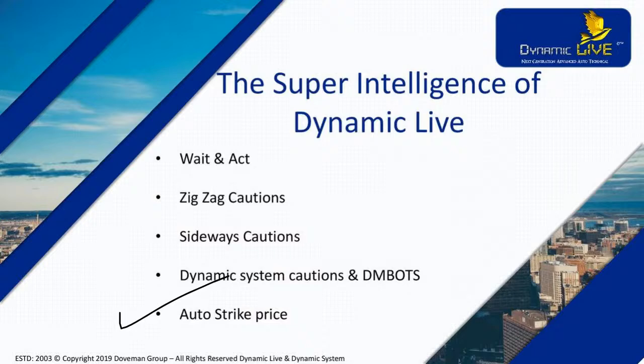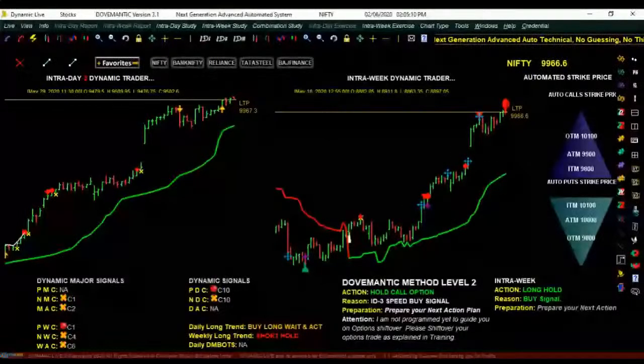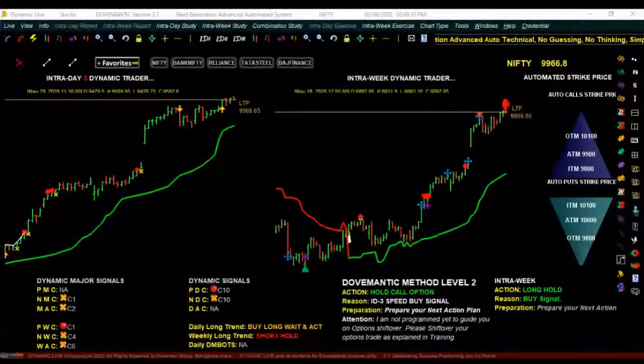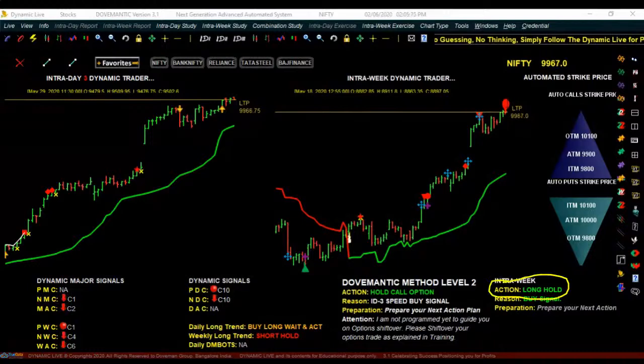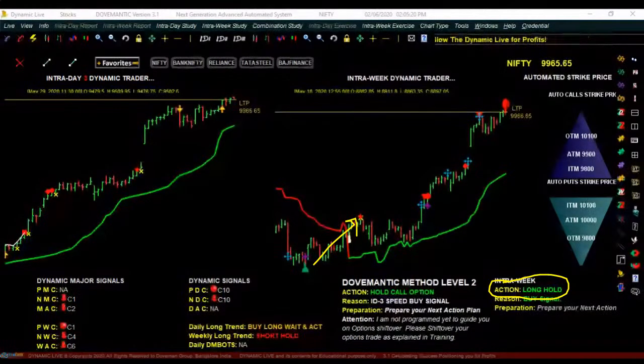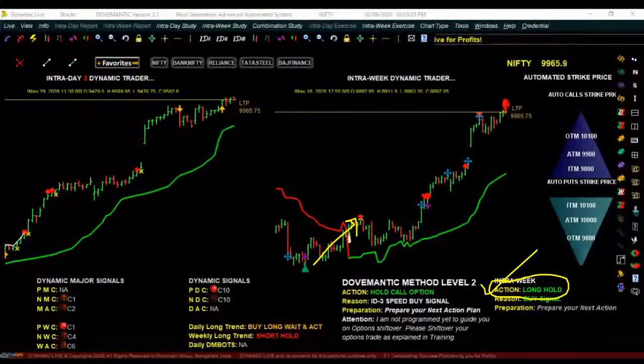So today, let's have a look at these intelligence at work in the real-time market in dynamic live, and let us try to understand how you can benefit from it. Now in this we are looking at dynamic live, and in this we have this action information. In this action information, whenever the price is increasing and it feels that this is a good point to buy, then here it will be very clearly written as buy long, act now. It means a buy signal has come, take a long position, act now, buy it immediately.